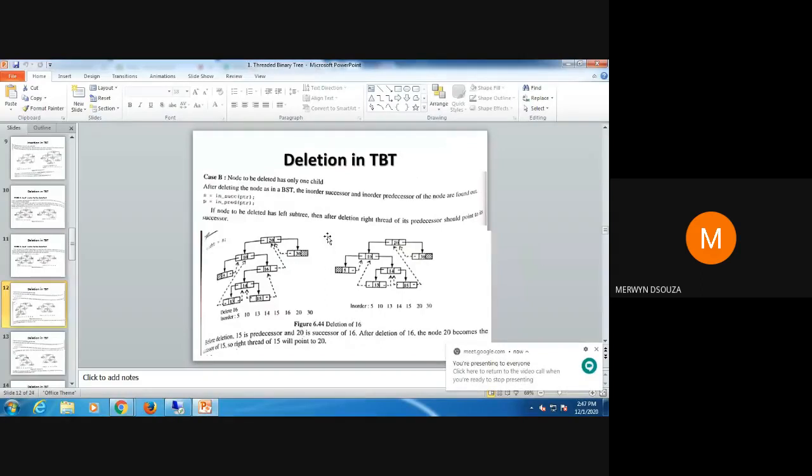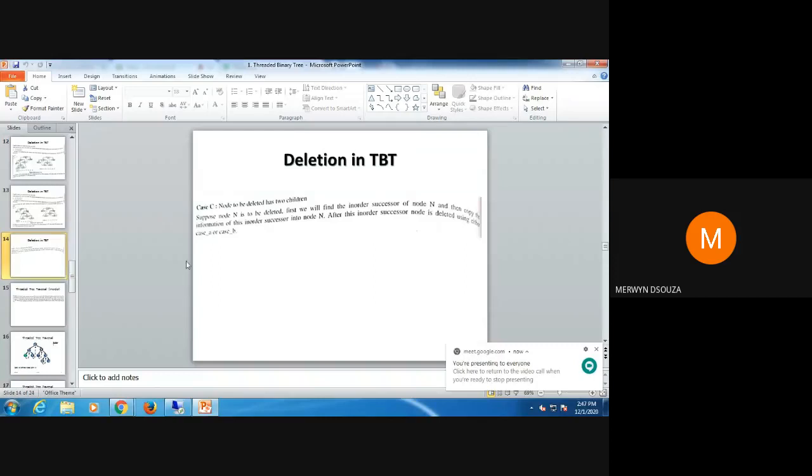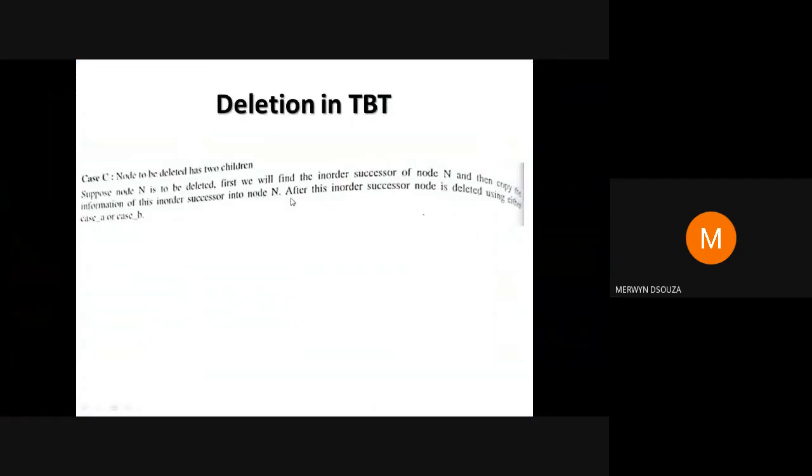Okay. Then let's look at how to do this. Now this is your case C. Case C is again similar to your binary search tree. Once you do case C, like we have seen in binary search tree, it will decompose to either case A or case B. So when we find out the node to be deleted, we find out the in order successor, and we have seen all this process in the binary search tree.